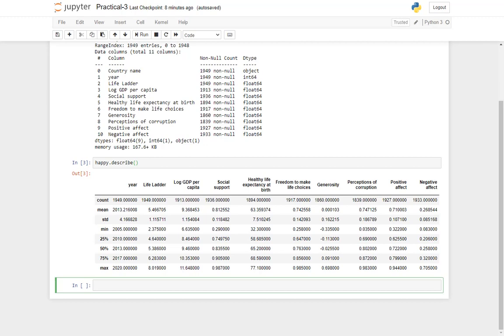Now let's say I want to count the number of entries for a particular column, let's say country name. I'm not sure whether India is recorded here. Let's see.